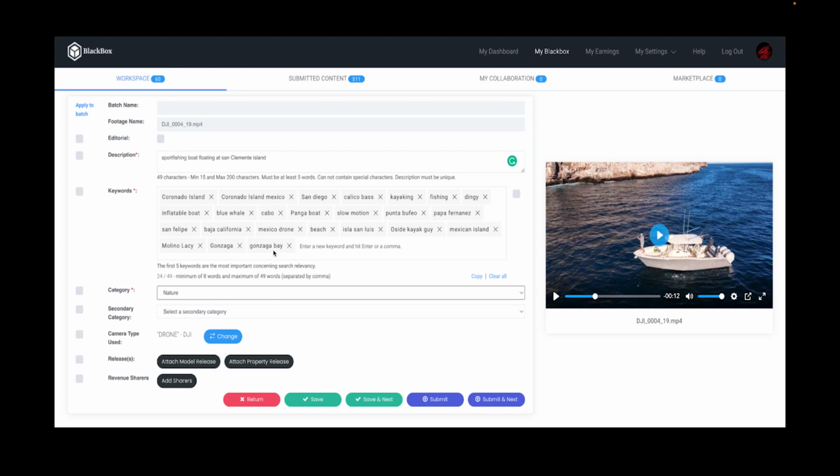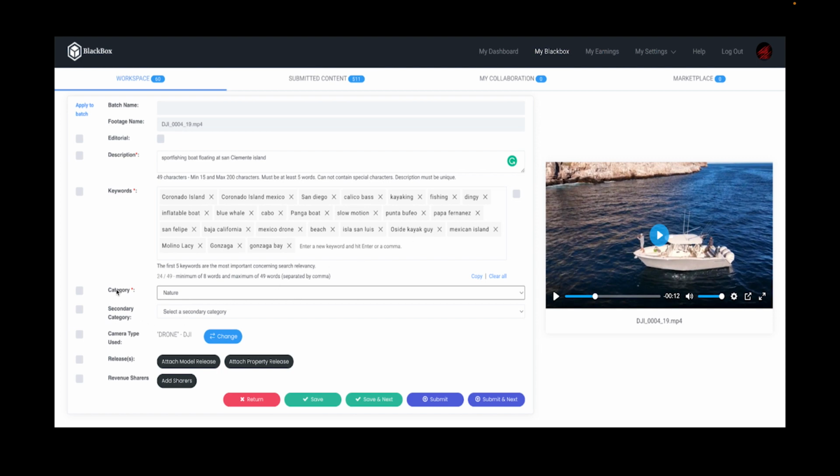Then your keywords. The first 10 are going to be your most popular for searching. So Coronado Island, Mexico, San Diego, calico bass, kayak fishing, etc. I also like to add in my username. That way when I go on other stock sites, it's easy to search up my content, because a Pongo boat isn't going to be in a video at Julian. That doesn't make sense. That doesn't cohere with that subject. So I use my Instagram username, Osai Kayakai, and that way when I go to other stock sites, I can just type that in and see what videos are floating around the web, which is super cool.